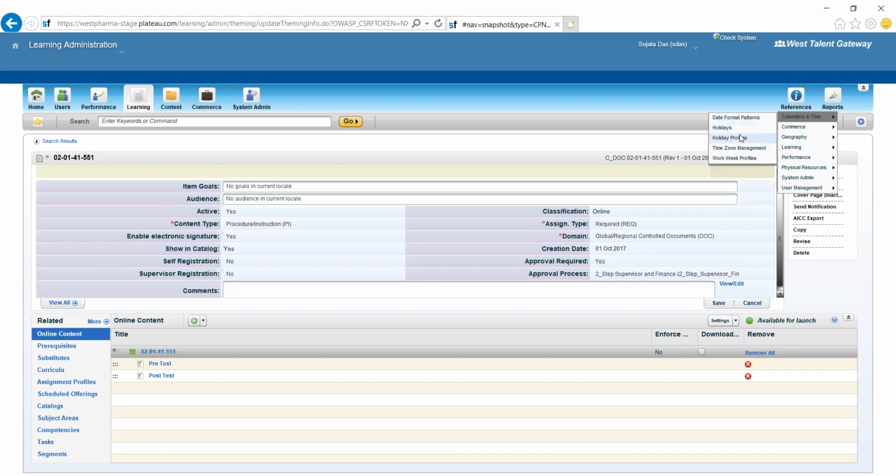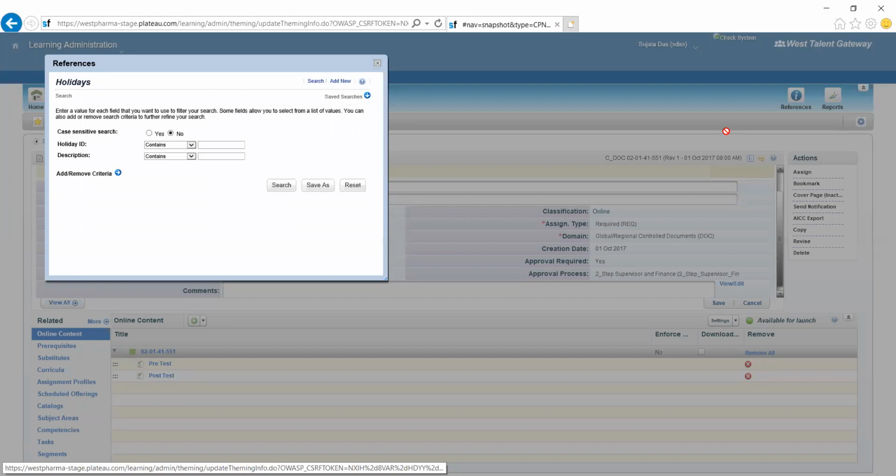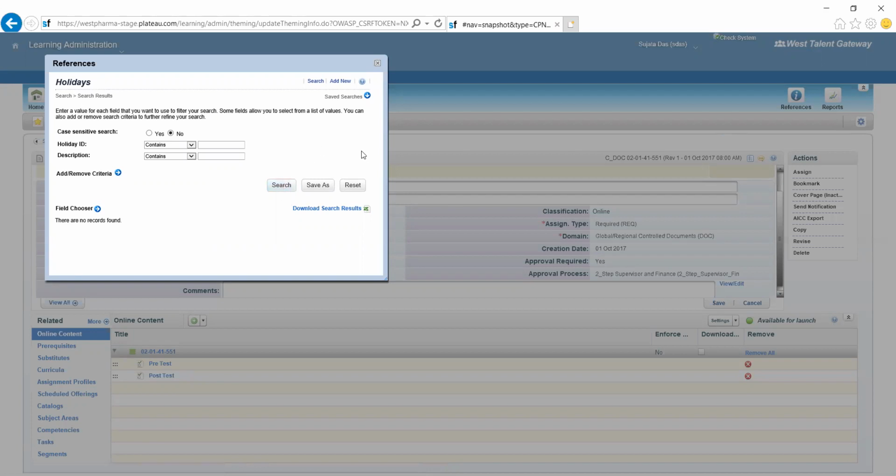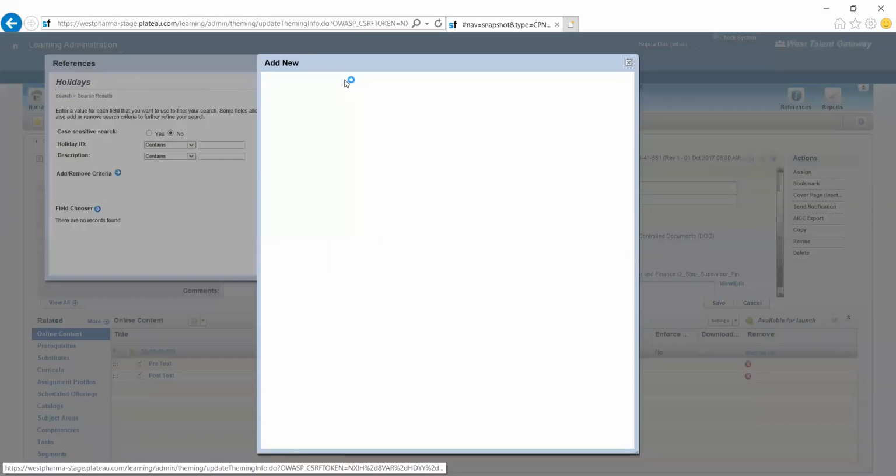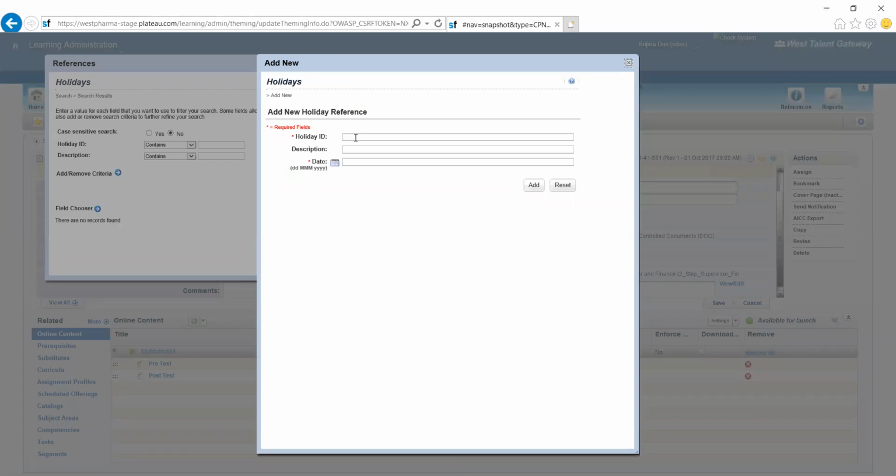So holiday is basically, if you go to the holiday section here, there is none in this test environment. I have not created any holiday. Suppose I am creating one holiday ID. This will be required because if you are using it during your training calendar, suppose there is a holiday, then the system will give an alert that, yes boss, actually this is a holiday. You are planning a training on this day. It will give an alert on that.